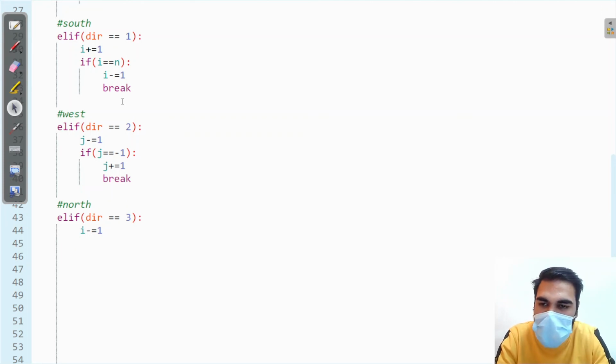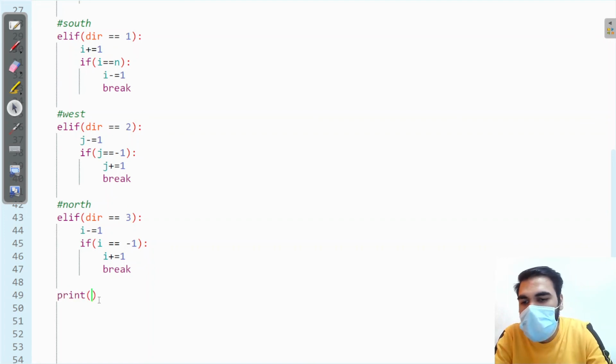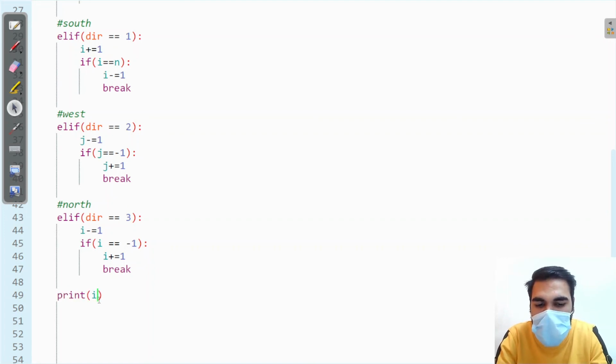Similarly, in north direction, if i encounters -1, you have to increase your i by 1 and then break. And after traversing completely, you have to return the i and j.